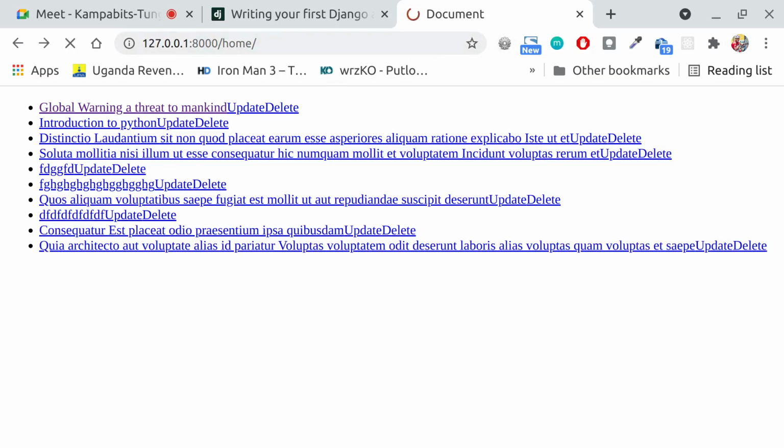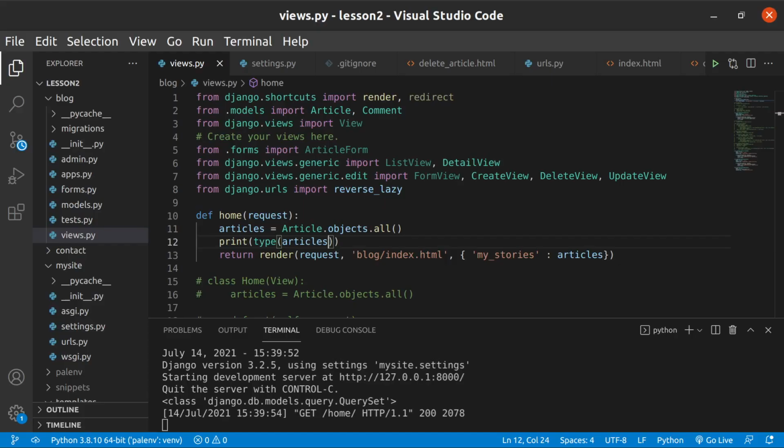I think we just do this, and then I'll see what it gives us here. Yeah. So actually, what it has given us is a class of django.models.query set. Basically, it is a query set object. But the only thing that makes it interesting is that since it's a sequence, that means it is iterable. We can loop over it to get the single items that are inside there, and that is what is happening